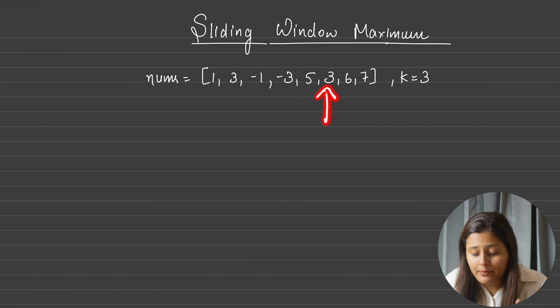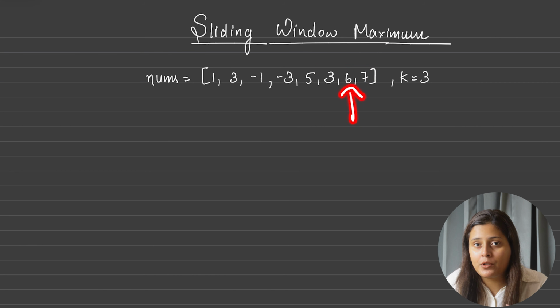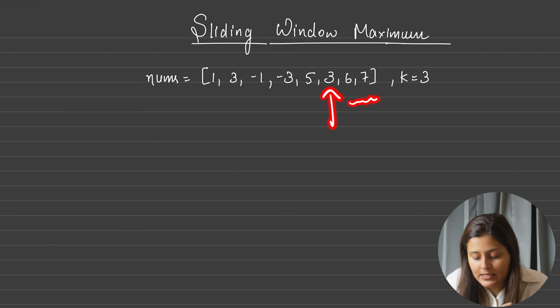Because if you put it here, you can get a k size window from here, but if you put your i index here, it will not be possible. So hence the i index cannot move beyond this. So what is this index? This is nothing but nums.length minus k plus 1 only.